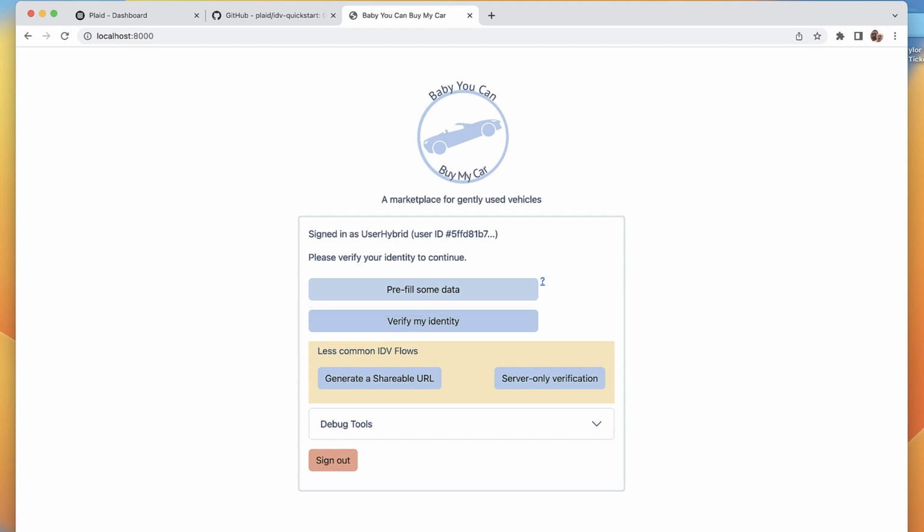We're going to pretend like our user has already given us their name and perhaps their mailing address when they signed up for this application. And we're going to give that information to Plaid so that they don't have to fill it out again when they try to verify their identity. So I'll click this button. We're going to pretend that our user has given us this information when they created an account, and we're going to give it to Plaid. So that now when we click the verify my identity flow,